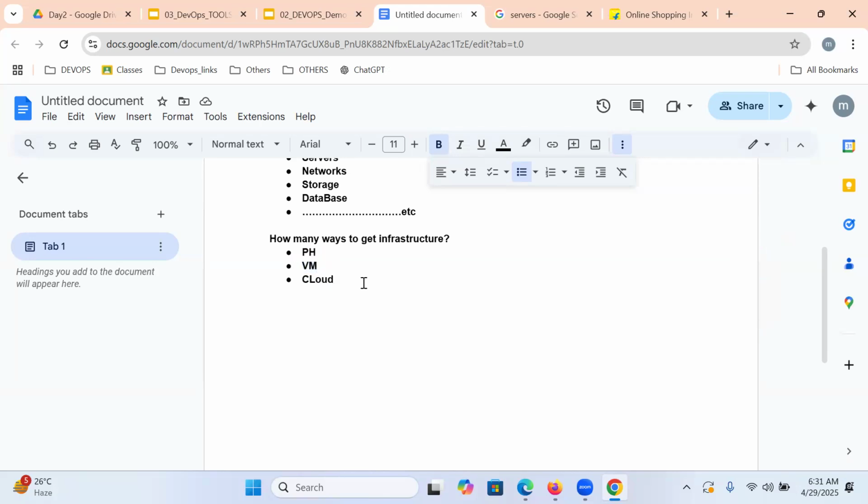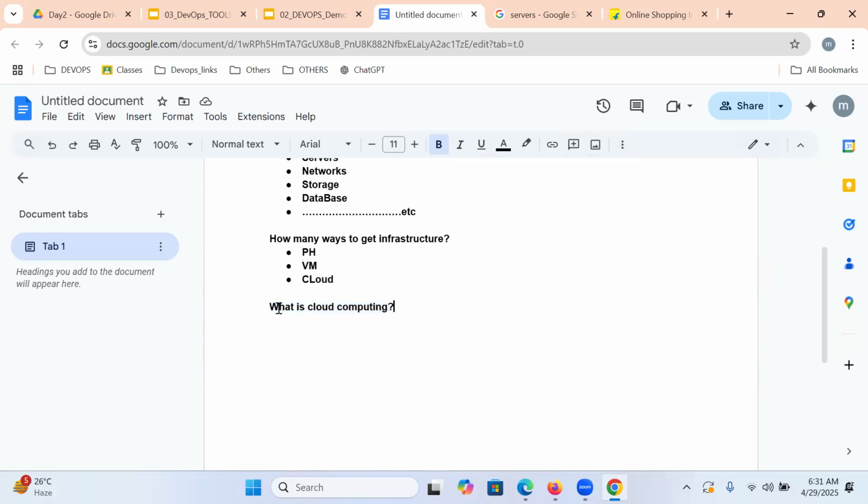But if you go to the cloud, yes, we can. But tell me, what is cloud? Specifically, what is cloud computing? That is exactly what we're going to discuss right now first. After understanding cloud computing, only then can we come to know what is AWS. Clear? Tell me, what is cloud computing?